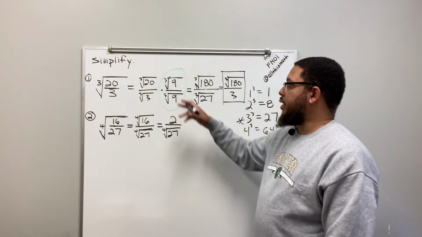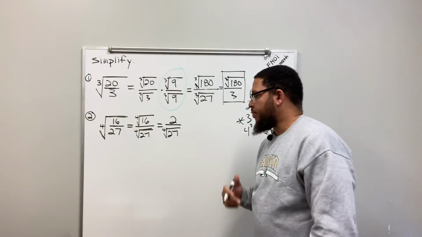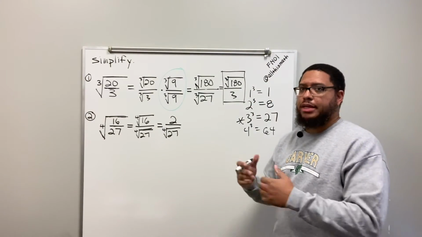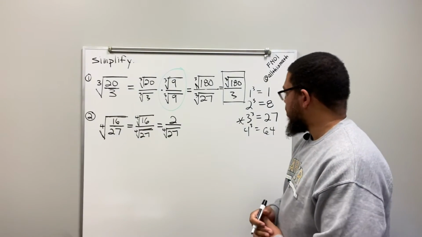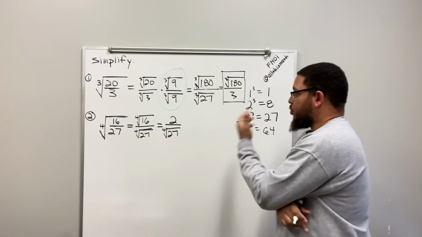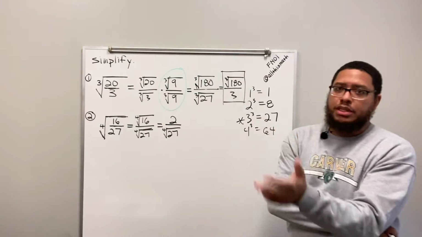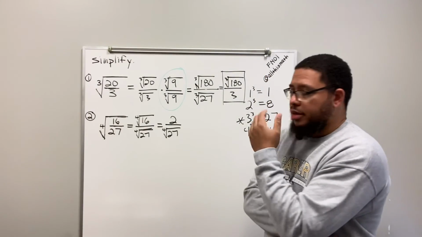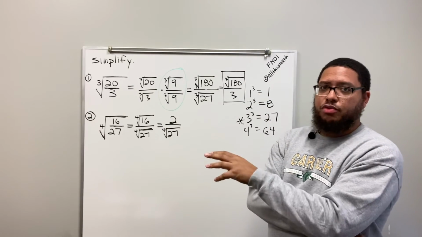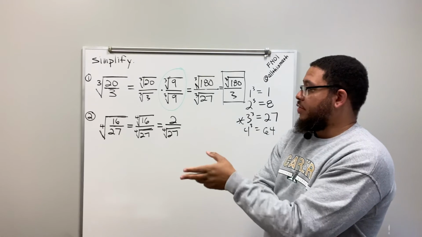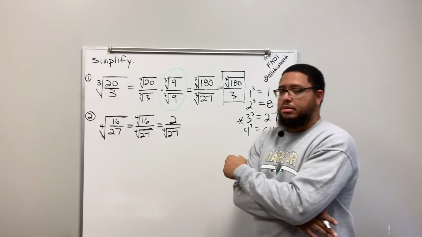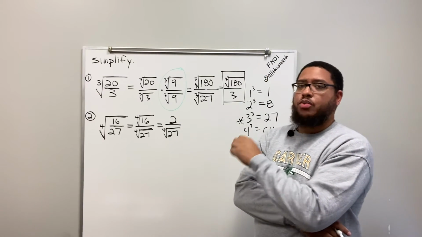But we could do the same thing we did in number 1. Think to yourself, what number can I multiply by 27 so that I end up with a product that does have a fourth root, or is a perfect fourth, I guess you could call it. 27 times what? I know 27 times 1 is 27. 27 does not have a fourth root. It's not a perfect fourth. 27 times 2 is 54. 54 does not have a perfect fourth root. 27 times 3? 27 times 3 is 81. 81 has a fourth root of 3.